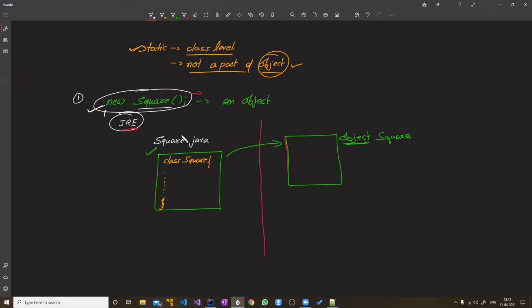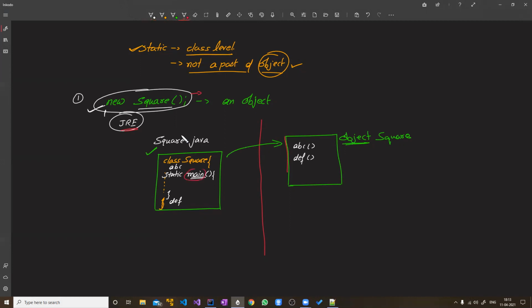Now if you have something static here, say for example, if your main is static, or there can be other functions, other variables as well. If anything is static, mostly it will be main. If there is a main, it will be static. So if the main function is here, and let's say there are other variables like abc or some other function like def, then this abc and def will be part of this object, but main will not be part of that.